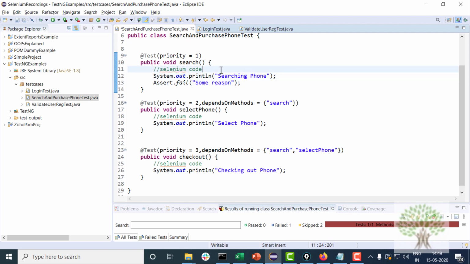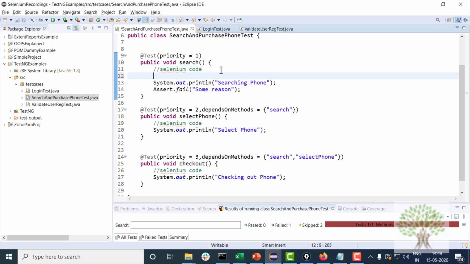Okay, sometimes you have some parameter kept in Excel file which tells you that fine, you don't want to run this test. So if you want to skip this test deliberately, you can write over here throw new skip exception, skipping the test.